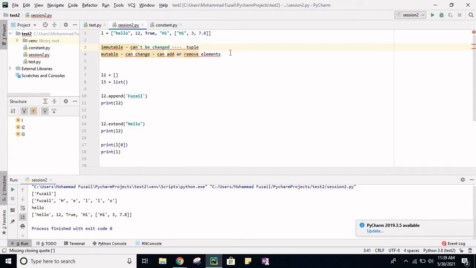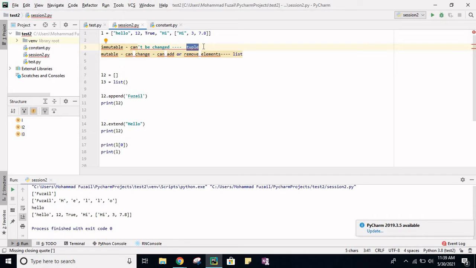immutable, and list is mutable. This question comes in every interview. Whenever someone goes to give an interview as a Python developer, the interviewer will ask you this question: what is the difference between list and tuple? The memory of a tuple is fixed. Once it gets defined, it can't be changed.